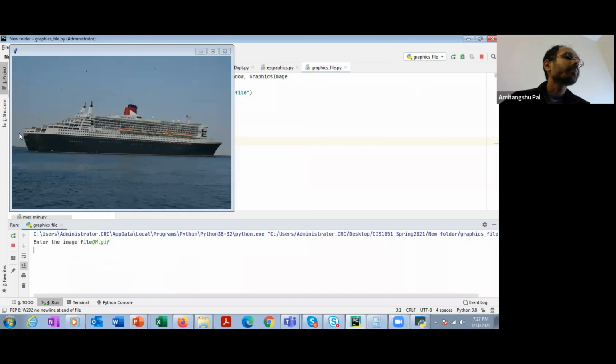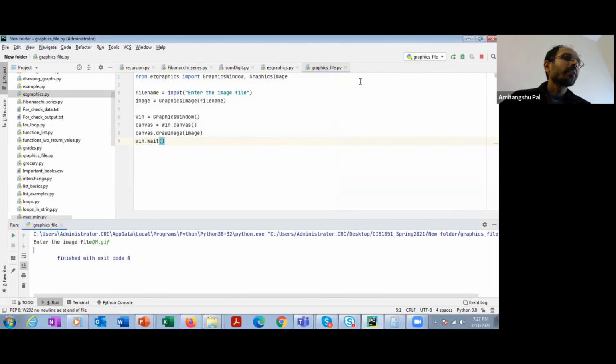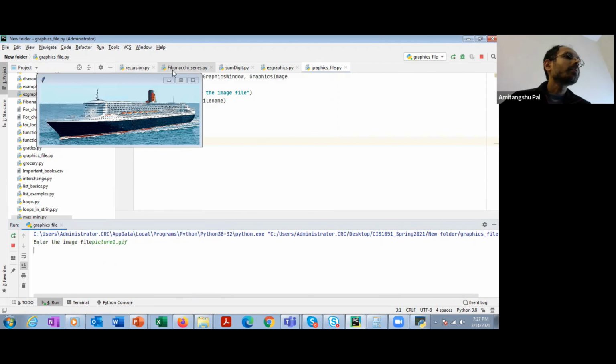Now you can see that whatever file name I input, the corresponding image can be seen in the graphics window. If I pass another file name, say picture1.gif, it is going to generate another image.